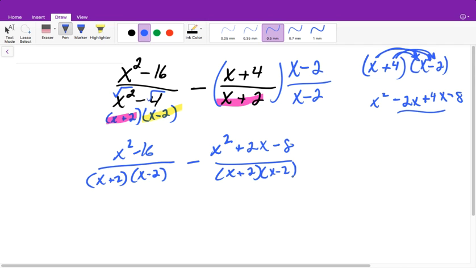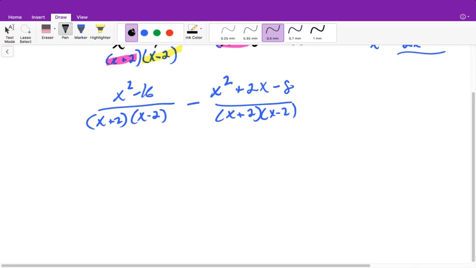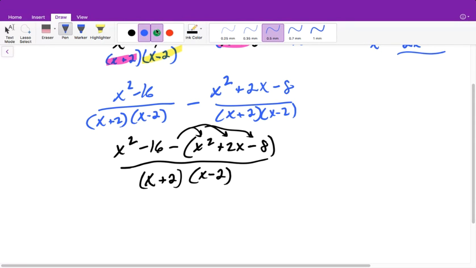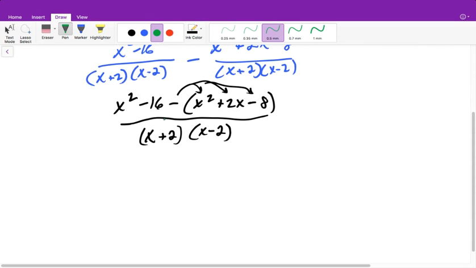All right, now remember, one of the things that a lot of people will make mistakes on is I was asking you to write this like this. When you combine it, especially when it's subtraction, write your two numerators on one numerator, leaving the second one in parentheses. So you should write it like this. And the reason is you can distribute this negative sign in. So then now it will remind you that you need to actually, that you're subtracting everything properly. So you're left with x squared minus 16 minus x squared